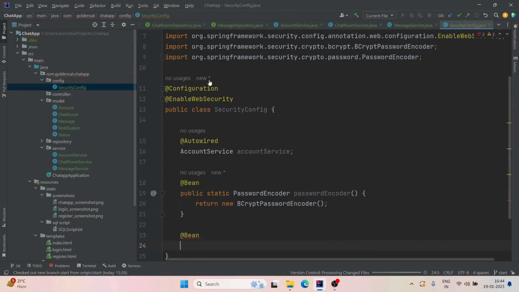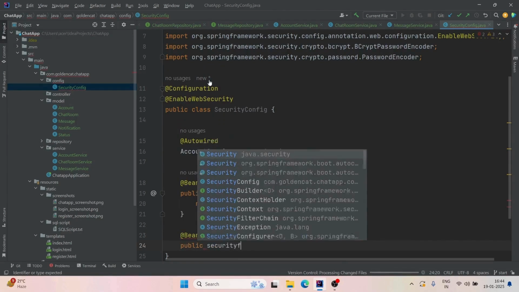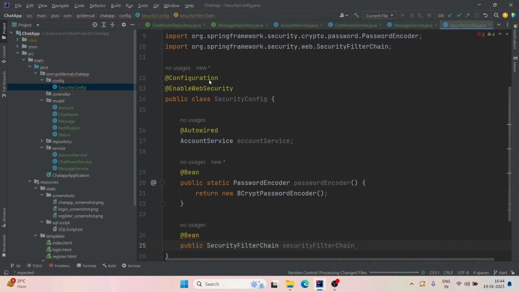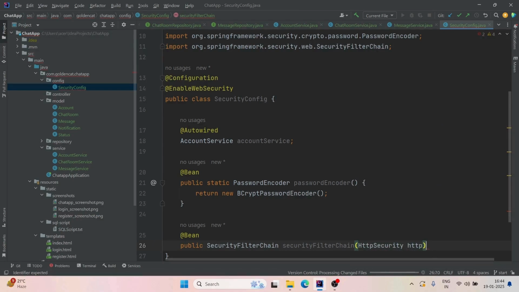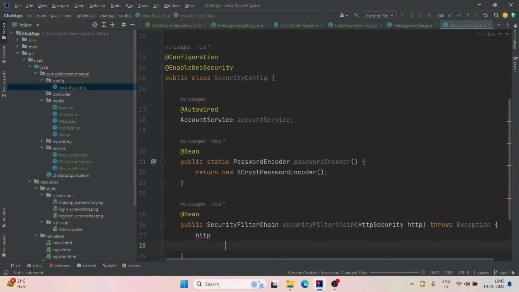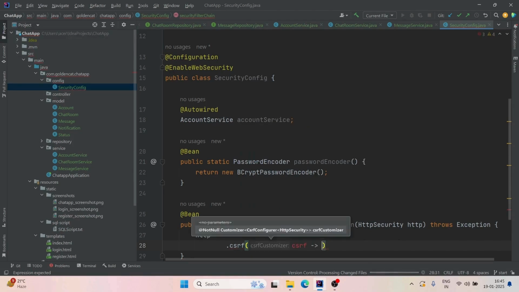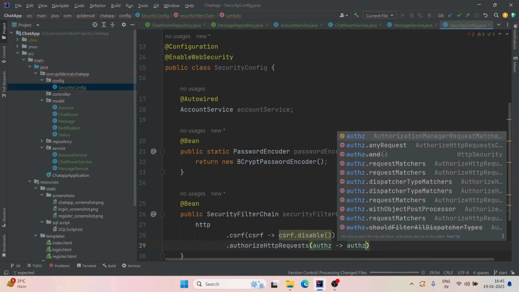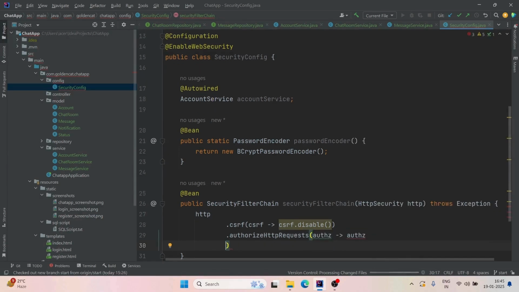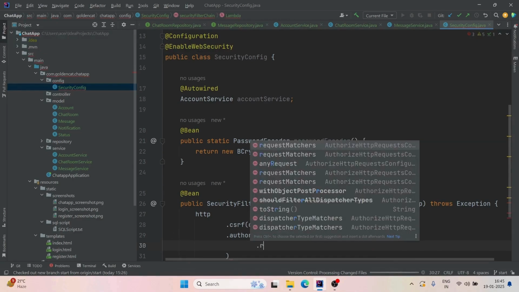Then @Bean public SecurityFilterChain, which would take in HttpSecurity as an argument, throws Exception. http.csrf().disable().authorizeHttpRequests()